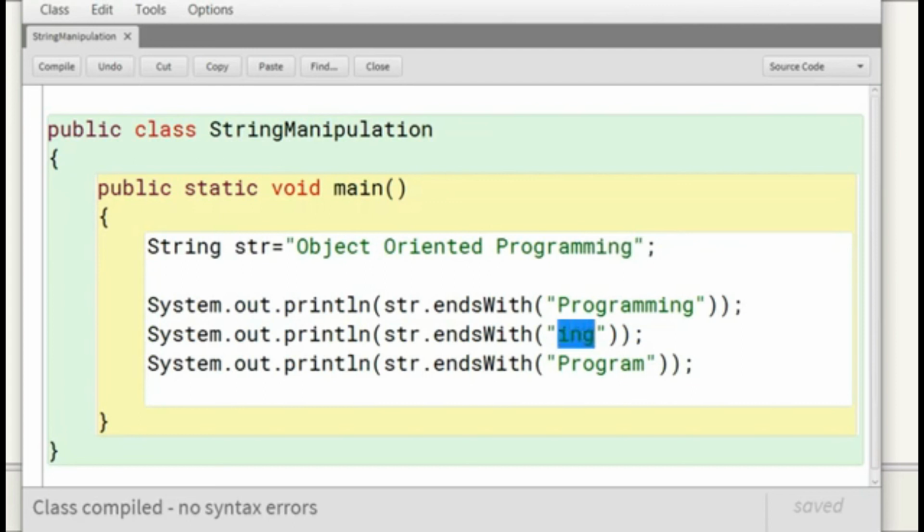In the third one, where we have "program", we are missing "ing", so the third one results only in false. It does not end with the specified suffix "program", meaning after "program" we have "ming", another specific string, so this results in a boolean value false, but in the first two cases we are getting a true value.